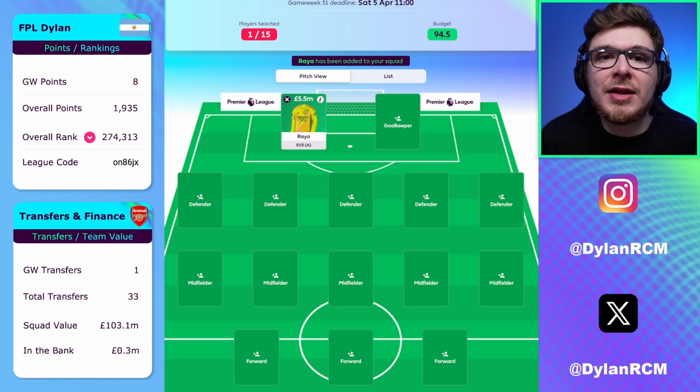They were quite shaky defensively, especially after Gabriel was subbed off. Those that had Gabriel Timber would have banked a clean sheet and a bonus point, so of course that's a very good return, but there are some potential issues going into future game weeks. I think David Raya might just be the best way of covering Arsenal defensively from now until the end of